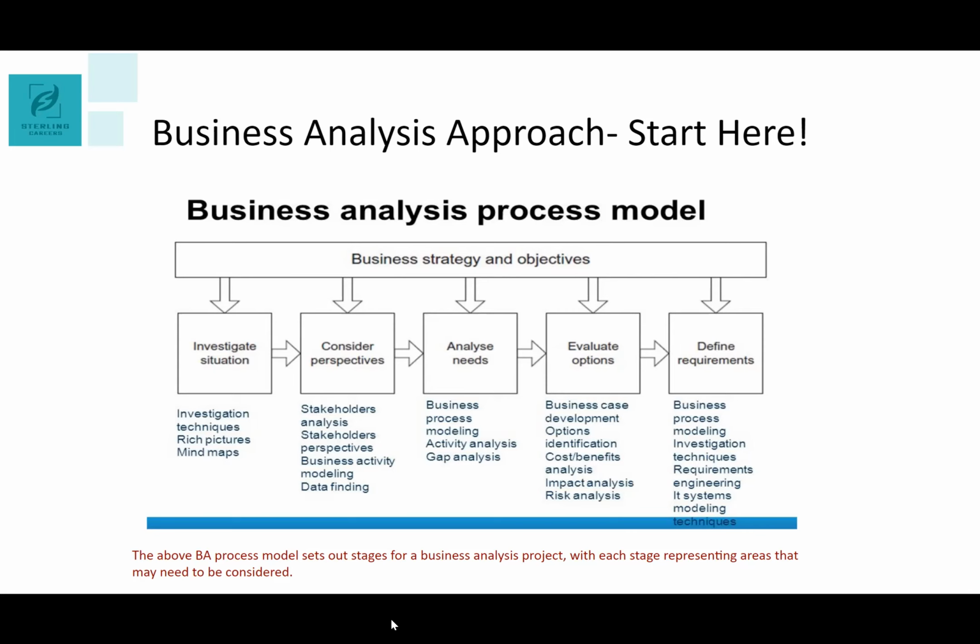So for instance, of course, you can see at the top there, you're looking at the business strategy or the objectives. Well, we talked about the fact that projects do not just start for the fun of it. There is always something that triggers it. So it might just be one objective or the business strategy that, of course, will then,